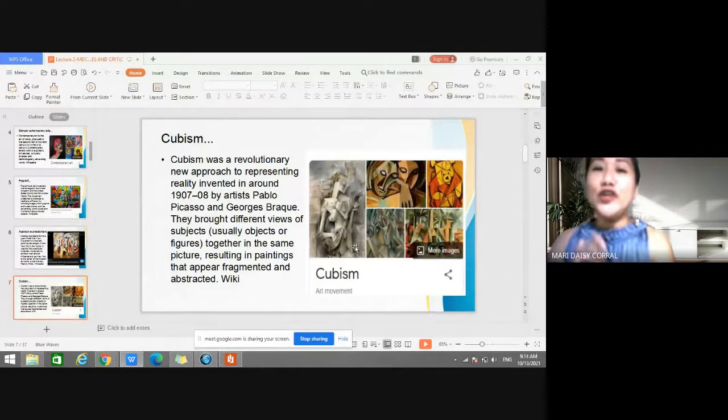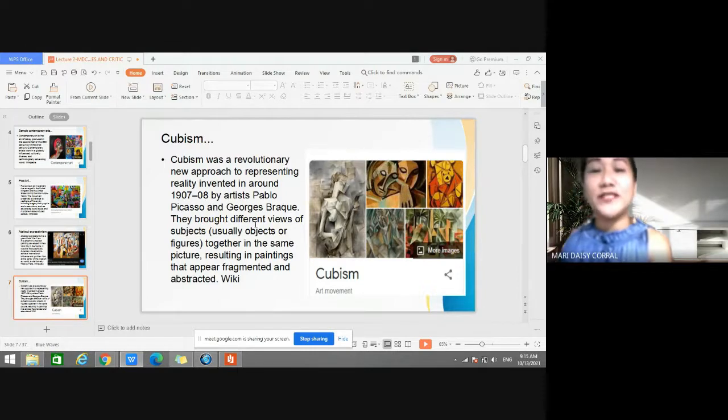But actually, you notice that these different styles in art, the contemporary, the pop art, the abstract expressionism or impressionism, cubism, they all evolved, or were all birthed out of a particular period in time. That means whatever the history is, whatever the event was, there lies the foundational principles of this art. So it says here, Cubism was birthed between 1907 to 1908, and it was popularized by Pablo Picasso